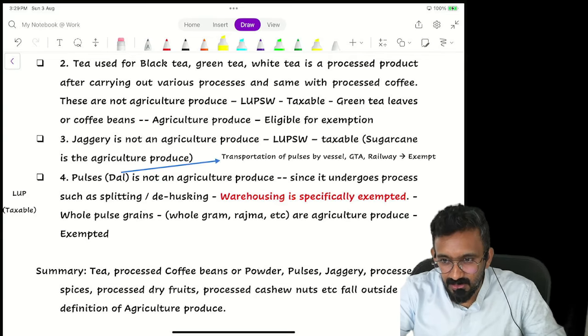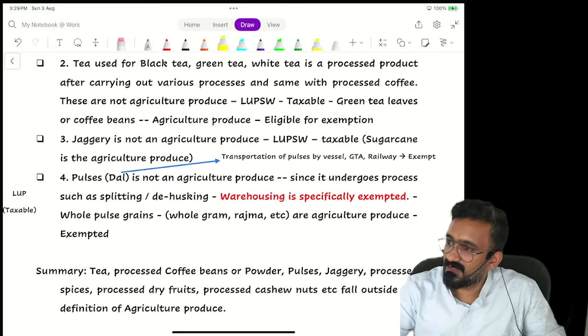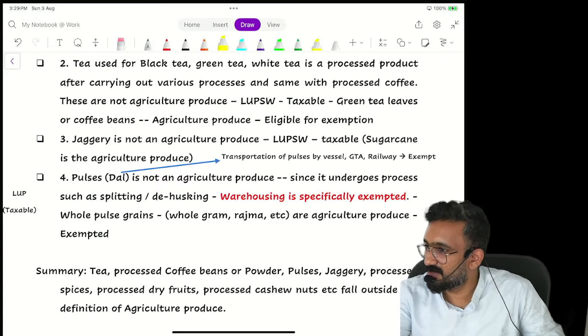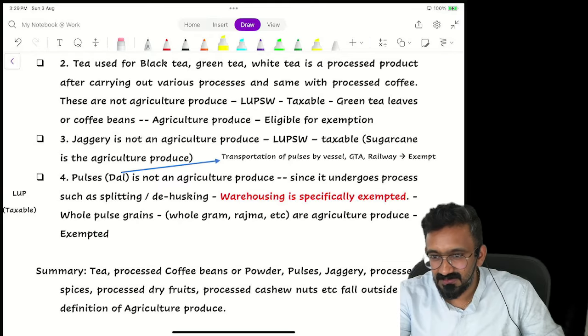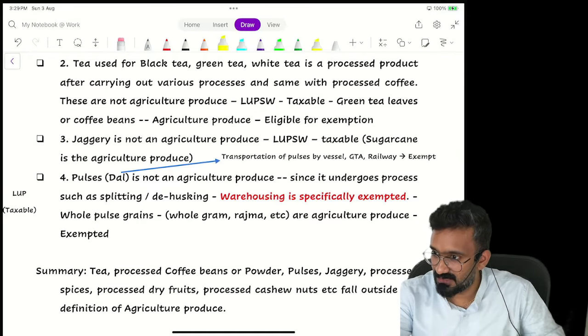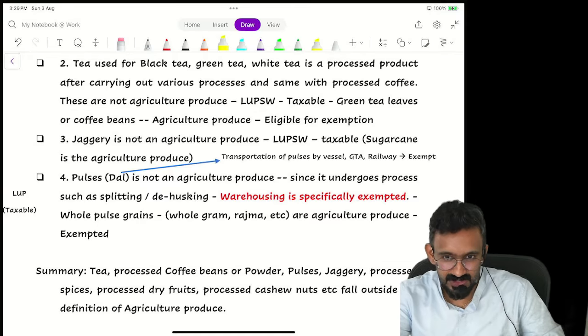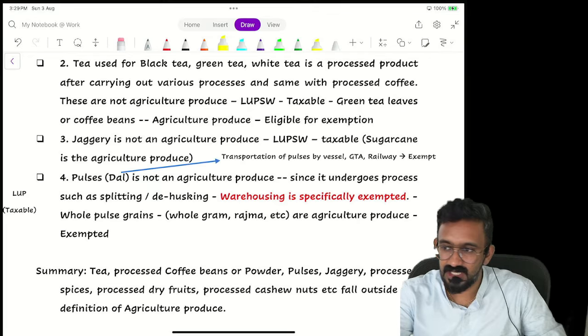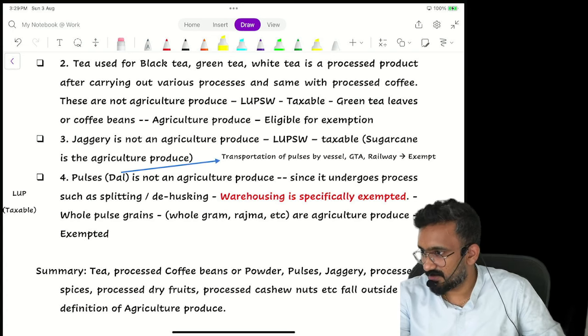They put it through a process called grinding. The tea factory goes through multiple processes to make black tea, green tea, and white tea. White tea is again a tea leaf, not dust. Dust is called black because it goes through the oxidation process. Green tea does not go through oxidation. It is basically dried out by steam, so it remains green in color.